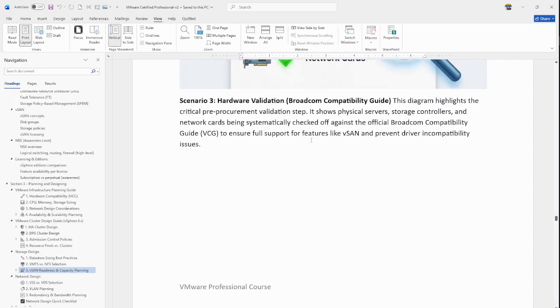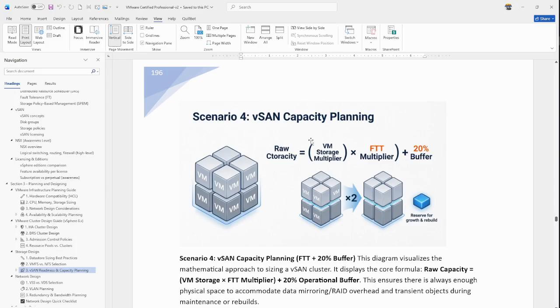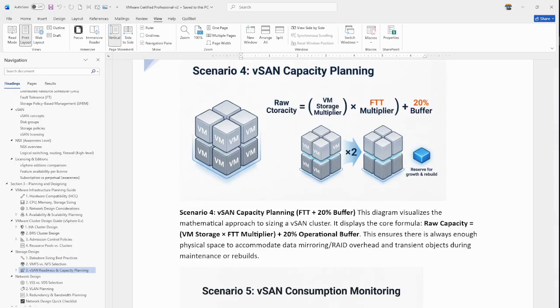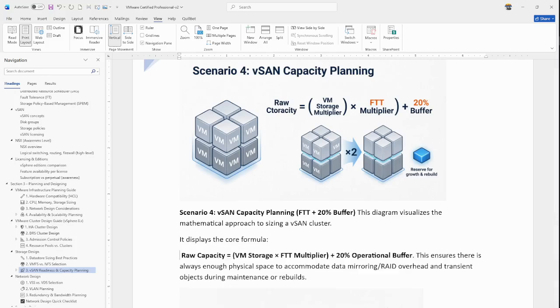Then you have the fourth one, vSAN capacity planning. This will have your vSAN approach, capacity planning. The core formula: you have raw capacity, let me display this, you have the raw formula like this. Raw capacity, and then